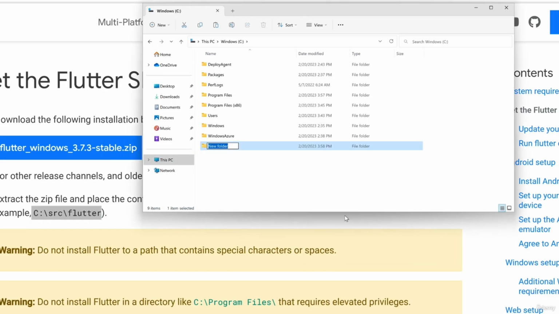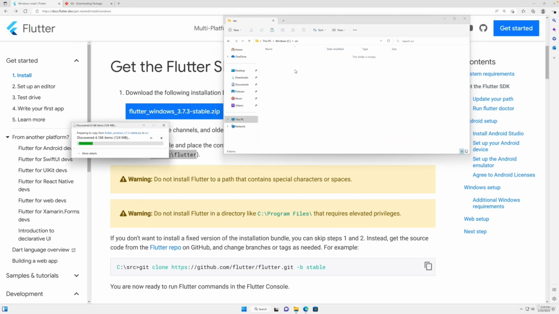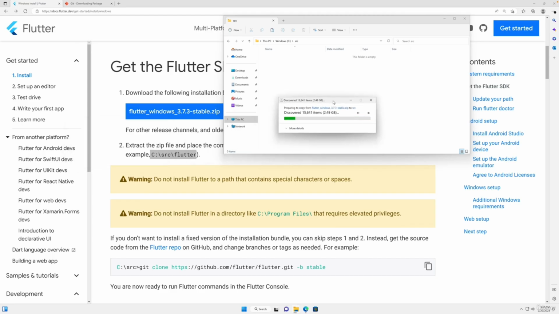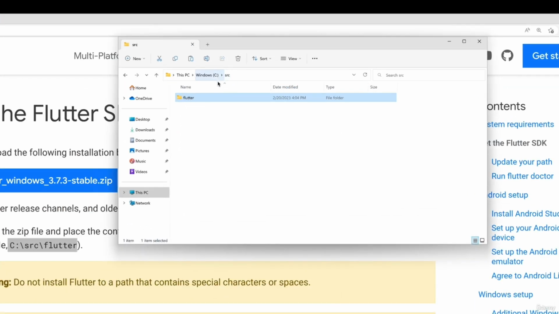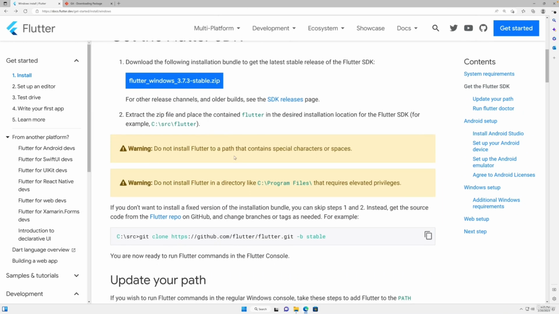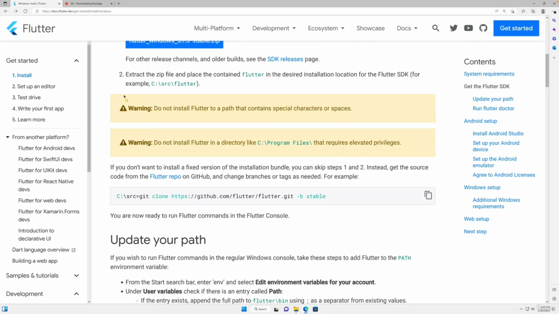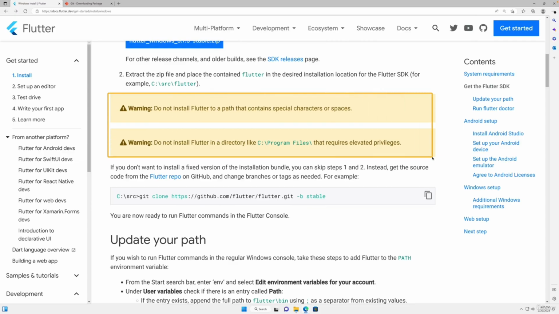create a new folder there, which I will name src, and paste that Flutter folder from that zip file into this src folder, which again can take some time because it is rather big and there are a couple of files to be moved and copied. And once copying this extracted Flutter folder to this source folder, in my case, finished, you're ready to continue with the next steps. By the way, keep these warnings in mind when picking a location for your Flutter folder